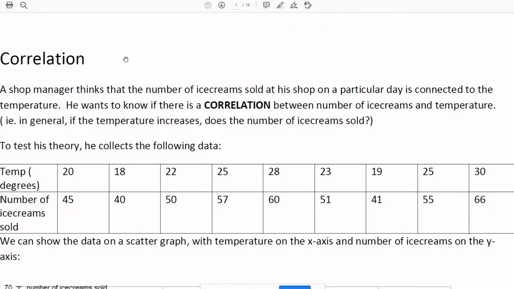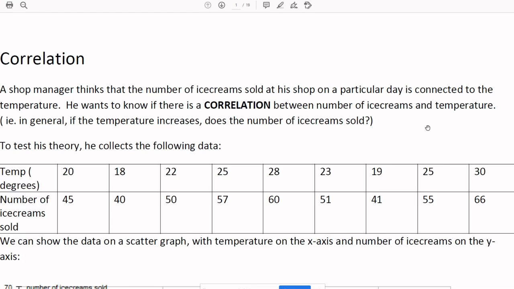Okay, so correlation. In this example, a shop manager thinks that the number of ice creams sold at his shop on a particular day is connected to the temperature. So he wants to know if there's a correlation between the number of ice creams and the temperature. He's trying to work out if the temperature increases, does the number of ice creams sold increase,